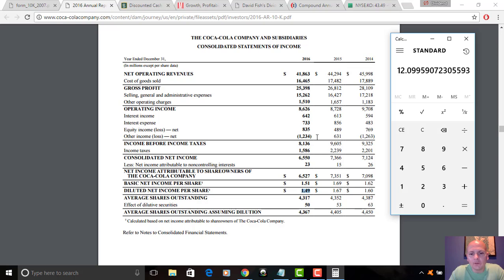So Coke's covering their interest expense 12 times over with earnings before income taxes and interest expense, which is pretty good. Anytime you have an interest coverage ratio of double digits, that's pretty solid. If you start to get an interest coverage ratio down in the very low single digits, like a 1 or a 2 or a 3, that can become problematic unless you have a very, very stable business with highly visible revenue and earnings, like a utility company. They typically have very low interest coverage ratios. But outside that, you want to be careful with an interest coverage ratio that low, because it basically says, hey, we're only able to cover our interest expense 1 or 2 or 3 times over.